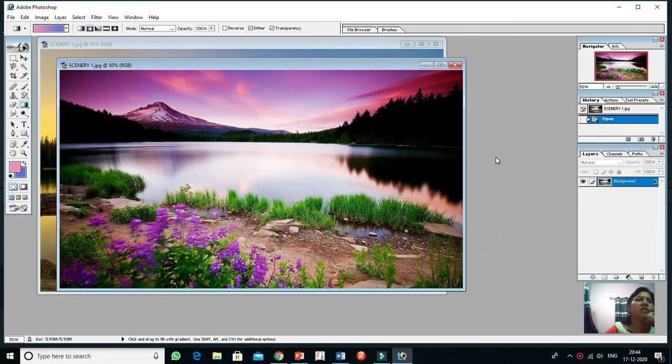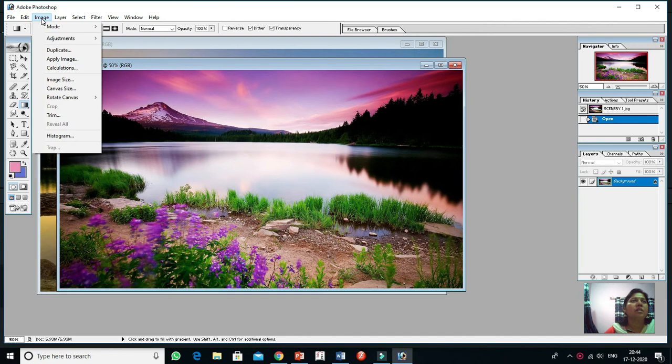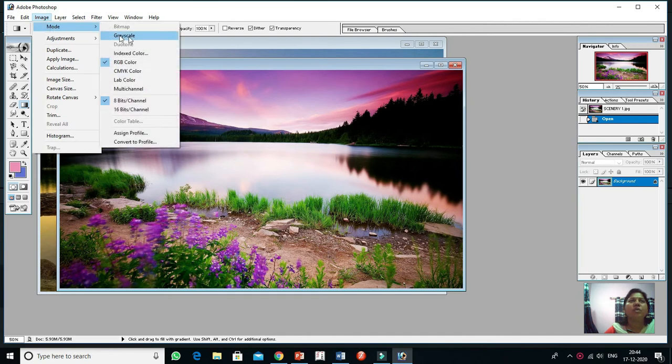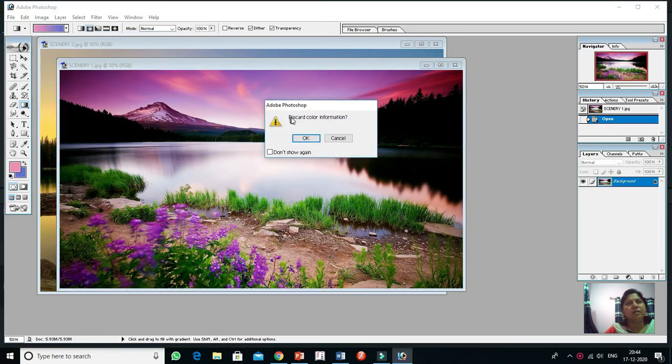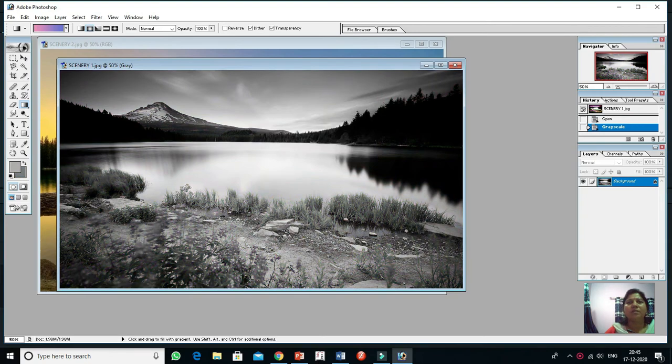Now next is converting a color photo to black and white. The procedure is image, mode, then grayscale. Discard color info? Yes. Okay. Now it displays in black and white.